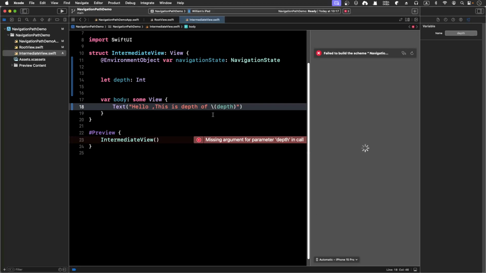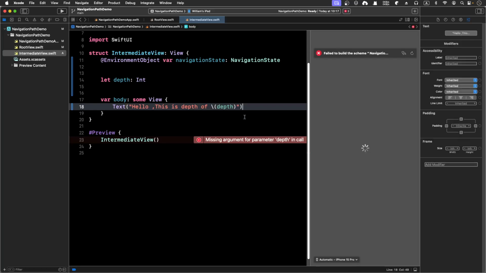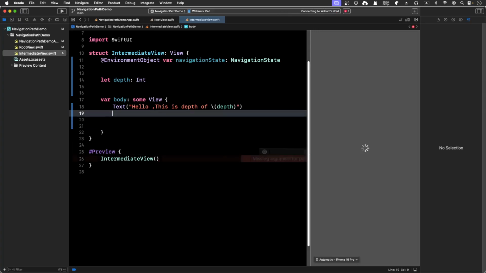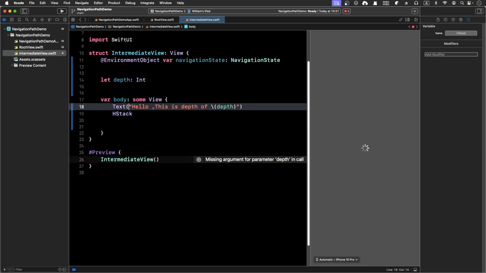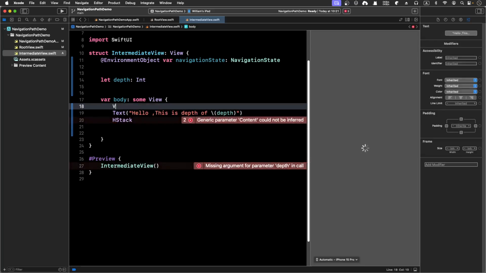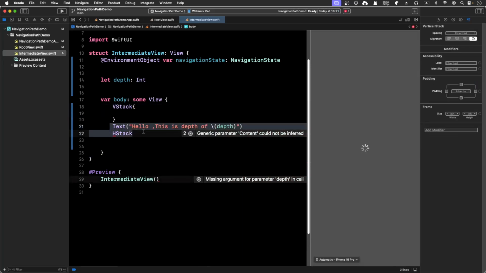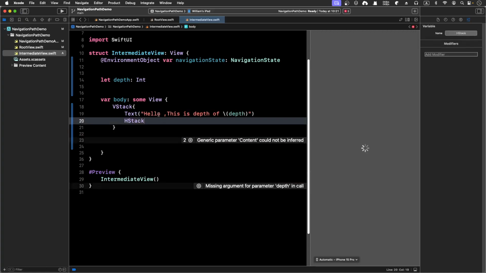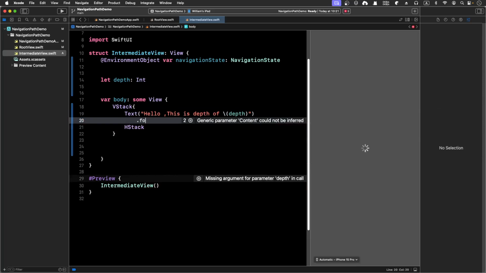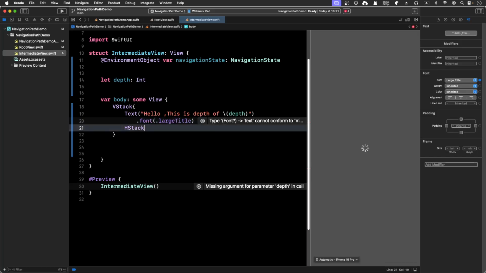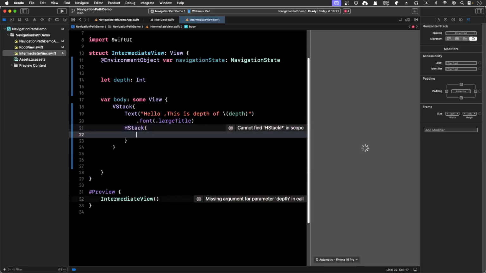I already showed the depths, and I'm going to add a few buttons so I can actually maneuver inside this intermediate view. I'm thinking of like the horizontal stack maybe, so I'm going to use the H stack, and then maybe just wrap everything inside the V stack. Okay, so wrap everything inside V stack. Let's just cut it here, and let's make it bigger. So dot font and dot large title,